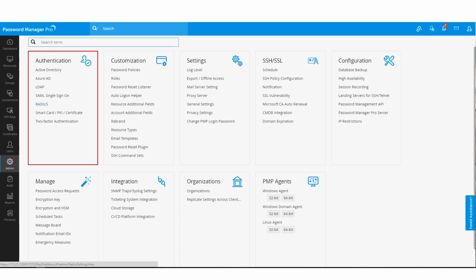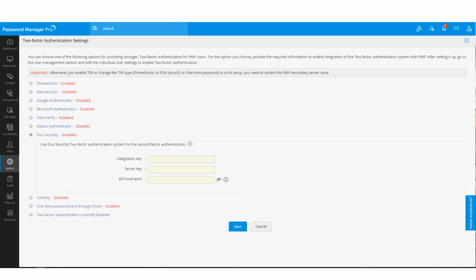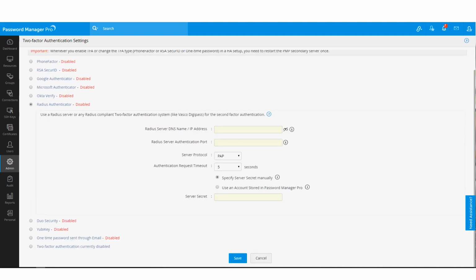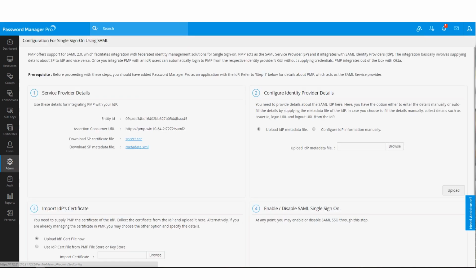If you want to add another layer of security for users' login, we offer two-factor authentication. As you can see, we support well-known TFA applications such as Google Authenticator, Duo Security, and RADIUS Authenticator. If you use any SAML service for single sign-on, you can leverage that in Password Manager Pro to allow SSO